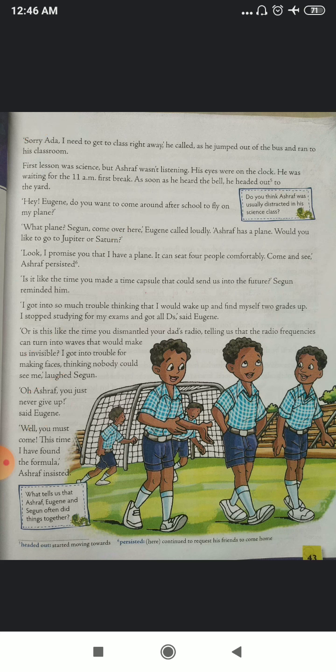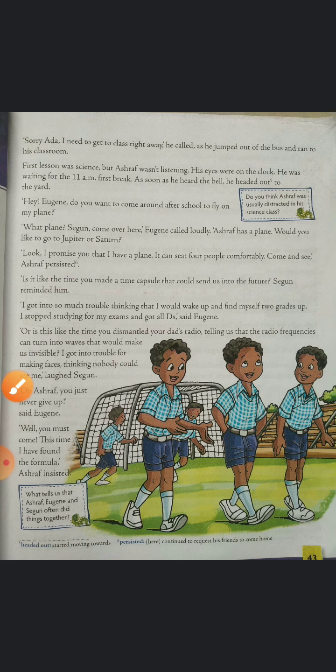Okay. So student, today we will discuss till this page only, page number 43. What you have to do in your homework: you have to go one more time through the video and practice reading. And whatever I have taught you today, you all have to listen to me one more time very carefully. Okay. And word meanings are given in your book. 6 word meanings are on pages 42 and 43. So you have to write these 6 word meanings in your fair notebook. This is your homework, right?